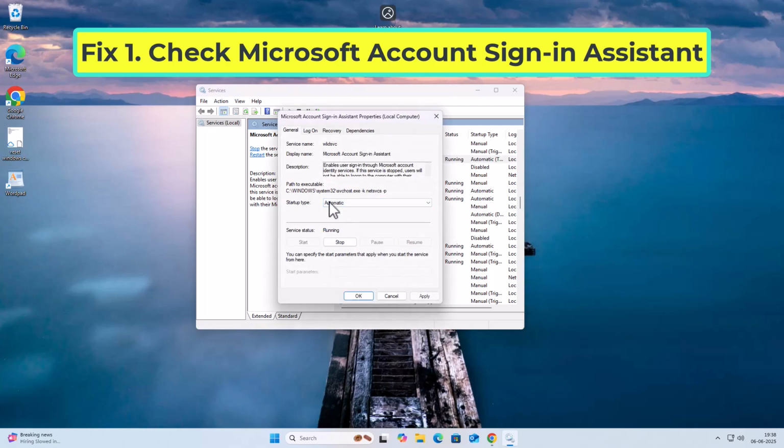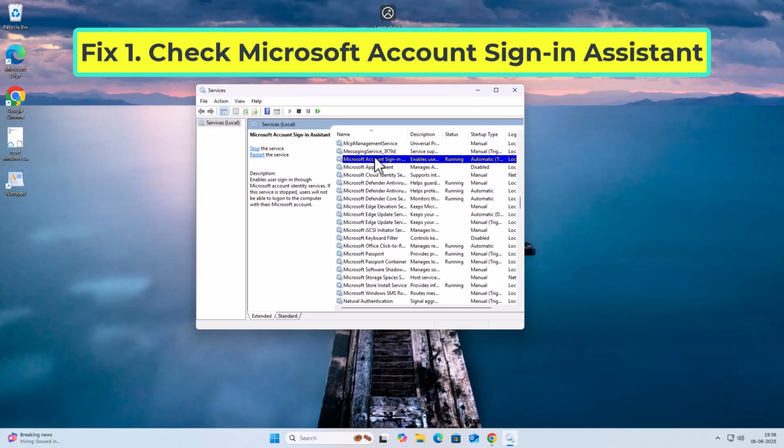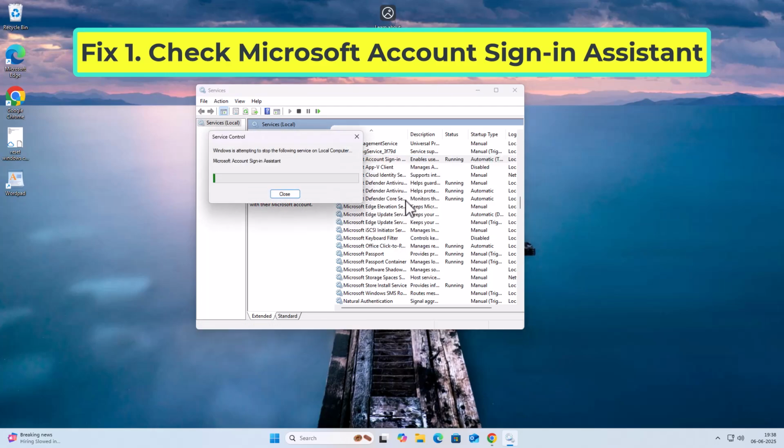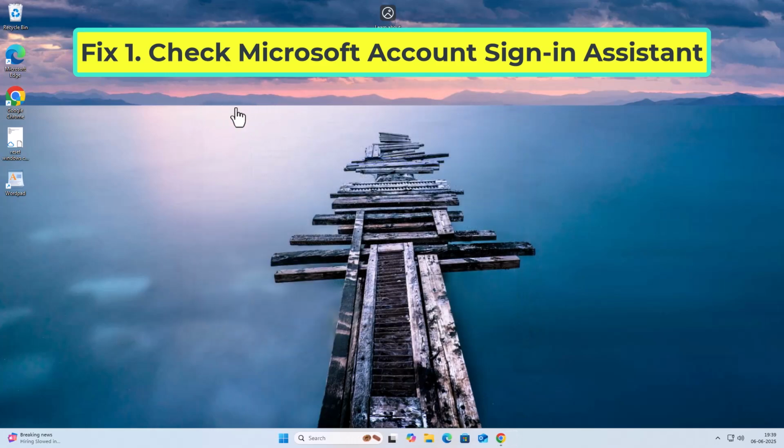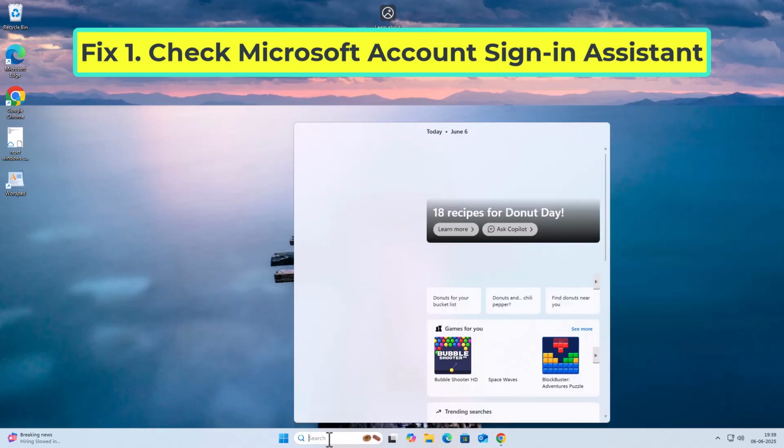Right-click again, choose Properties. Under Startup Type, click on the drop-down menu and set it to Automatic. Click Start, Apply, and OK. If that didn't work,